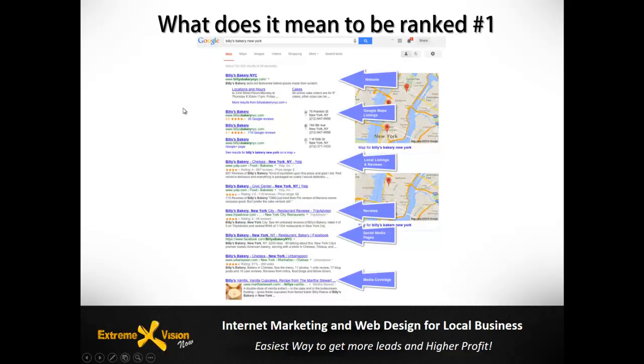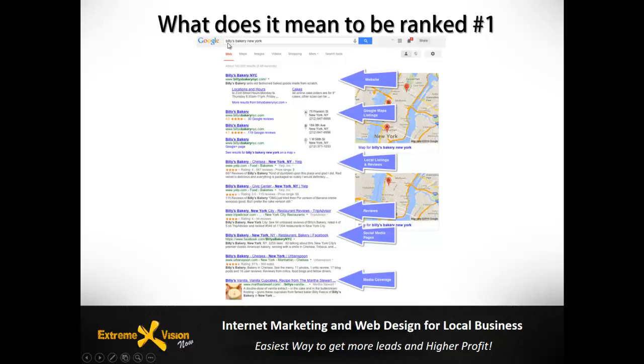Now I mentioned being ranked locally. When you type in a company's name in the actual search results, a lot of companies will search their own business and say, hey, look, I can be found on Google. Well, that's great, and that is a very big priority. Your company should be found on Google, but that doesn't mean that you're going to be gaining search traffic. When you search for your own company, you're going to come up in these search results. But all of these things do need to be optimized, and you can optimize all of these different parts for keywords as well, not just necessarily your name.